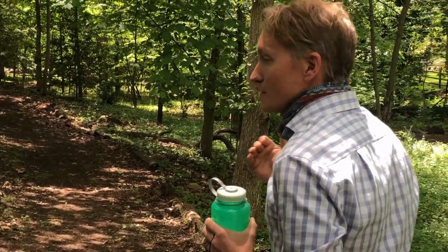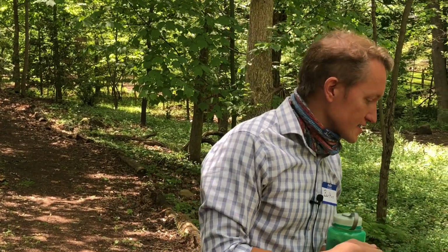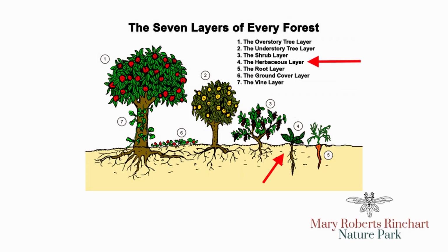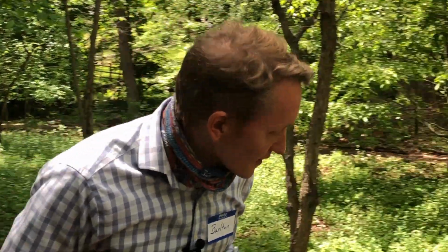Okay, so the East is characterized by 50 to 60 species of tree, okay? And we have 20 of them that are fairly common, and then the other 30 are fairly specialized in where they occur. Most are specialized to some degree. What the eastern deciduous forest is known for is the floristic diversity of the herbaceous layer, okay? So we're talking perennial plants, things that don't have woody structures. So we're right here. I'll point out